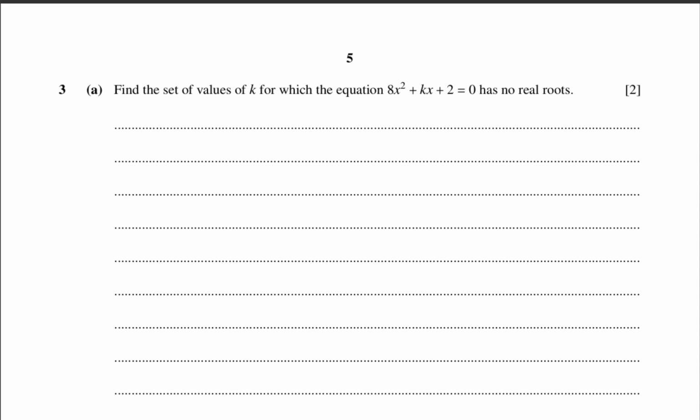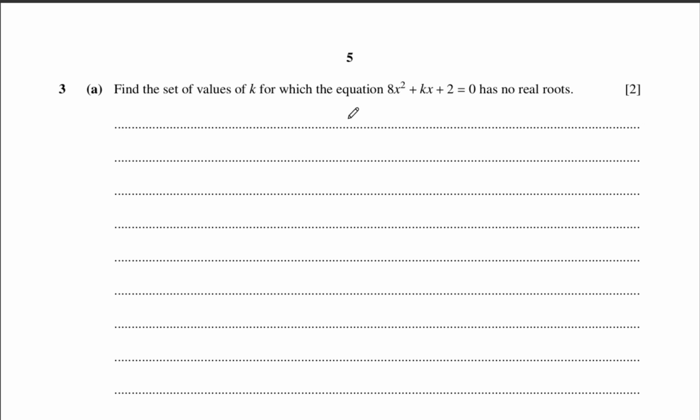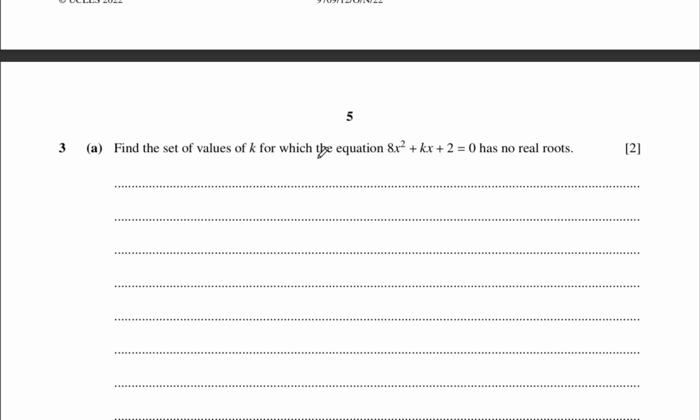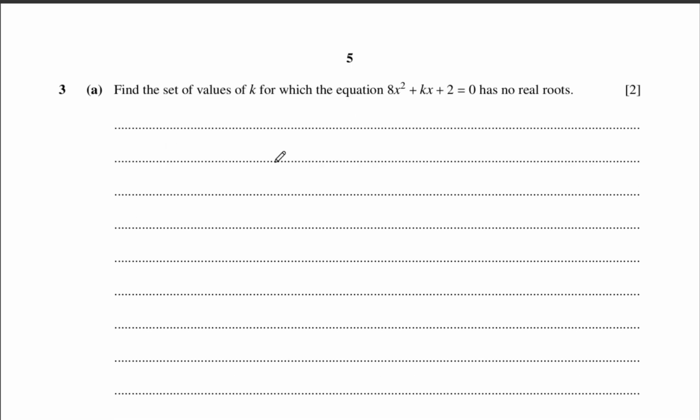Question number 3, find the set of values of k for which the equation 8x squared plus kx plus 2 has no equal roots, which means that it's not intersecting. So b squared minus 4ac will be less than 0. So from here we can find out a is equal to 8, b is equal to k, c is equal to 2,